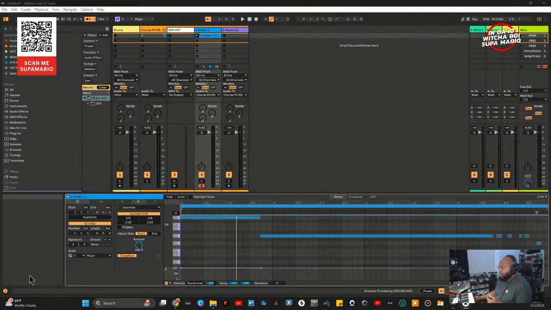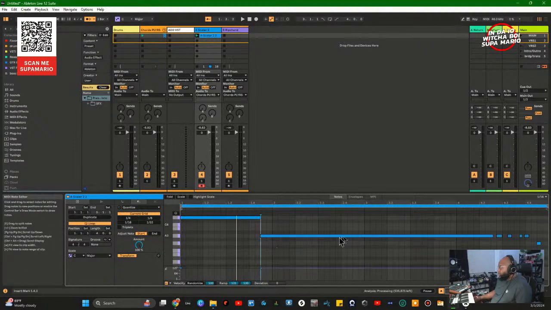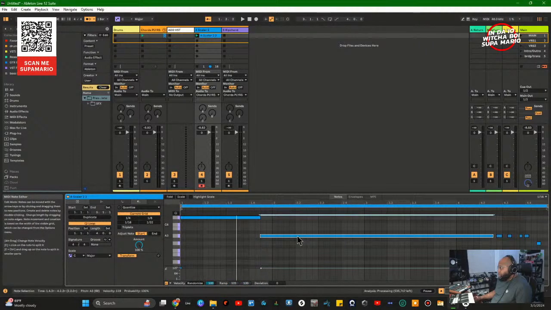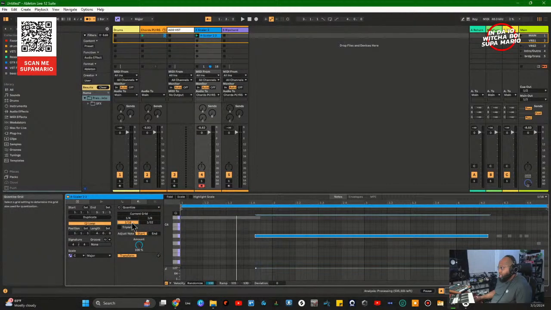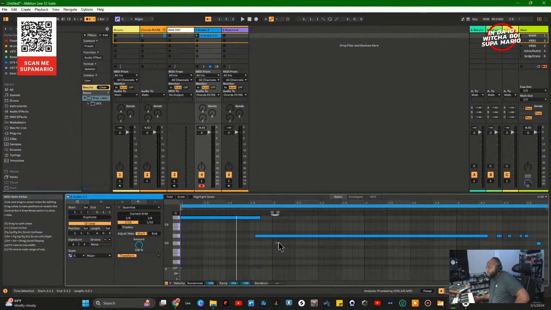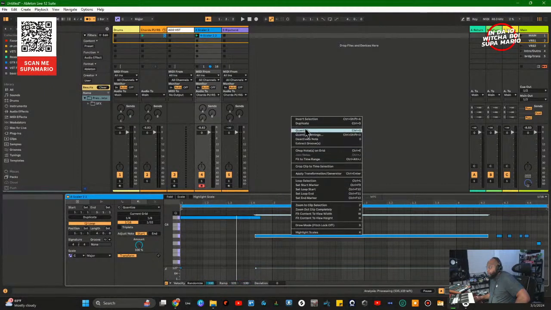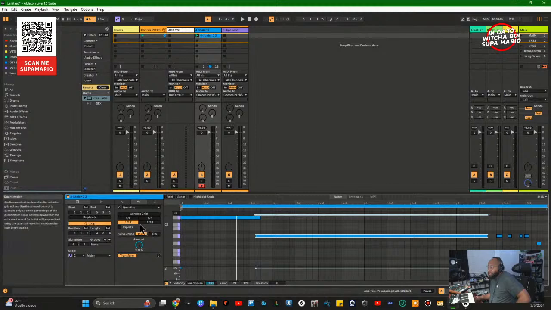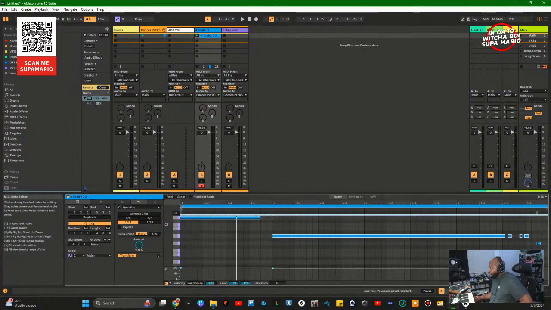Let me do this. Let me move this up a little bit and let me quantize to the 16th. And let me go ahead and hit Control U. And it's not doing anything. Let me hit quantize here. It's not doing anything. But what I'm seeing here is that we can probably quantize, highlight all our notes, and then